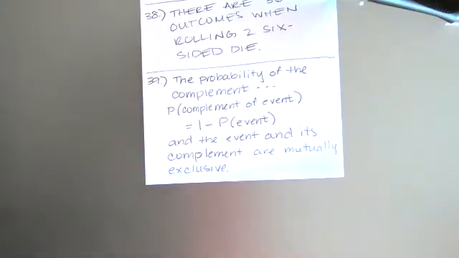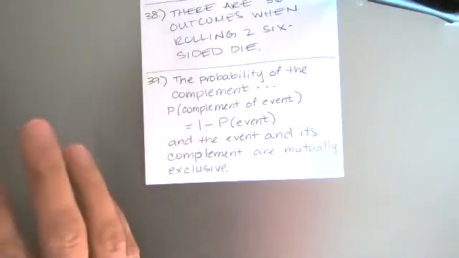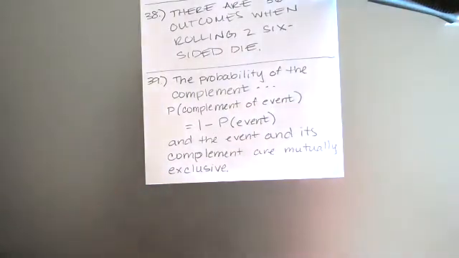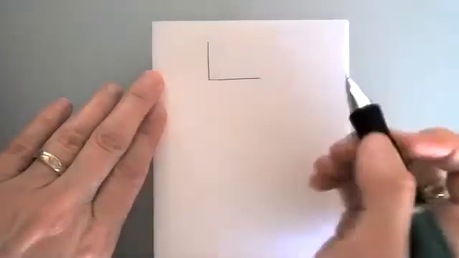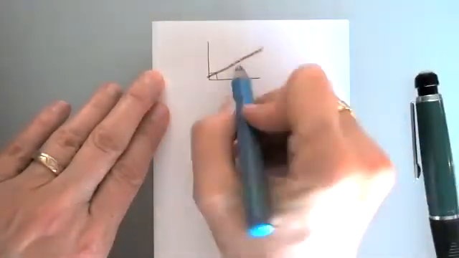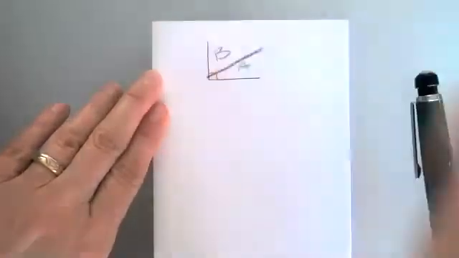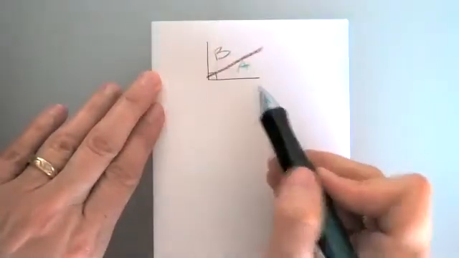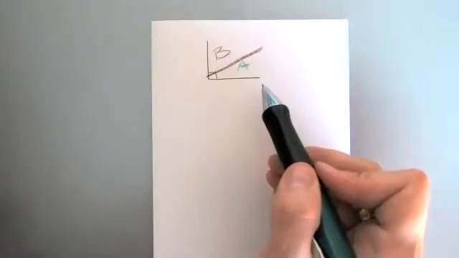So does that make sense? And it's okay, you can say no, it doesn't make sense. It makes sense to me. Could you explain it a little more, please? Yeah, so I'm going to talk about it using geometry terms. So, you know, in geometry, this is a 90-degree angle. And if I've got this angle is A and this angle is B, because they add up to 90 degrees, they're complements. Right?